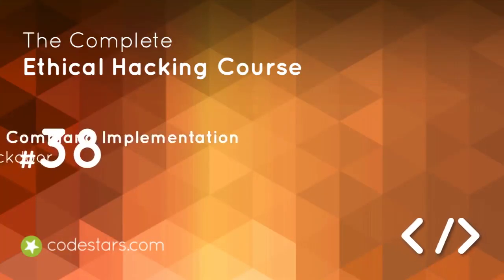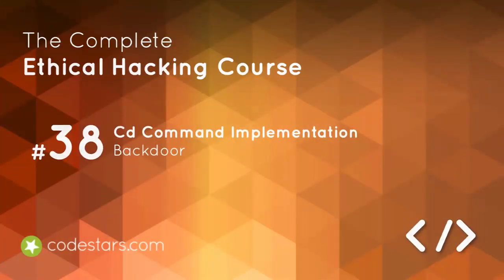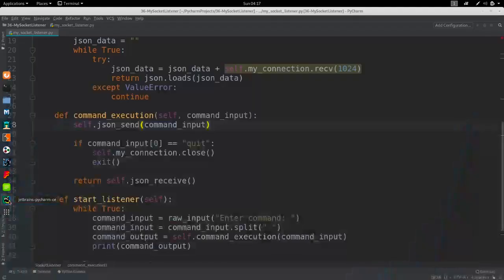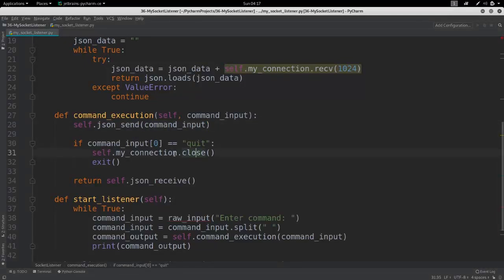Hi! So within this lecture, we're going to implement the cd, that is to say, change directory command to our backdoor, as we discussed before, right? So in here, in our listener, do we have to change anything? If you said no, you're completely right, because we're going to send command input from here anyhow, right? If I say cd, it will just take the cd from here and change it to JSON and send to